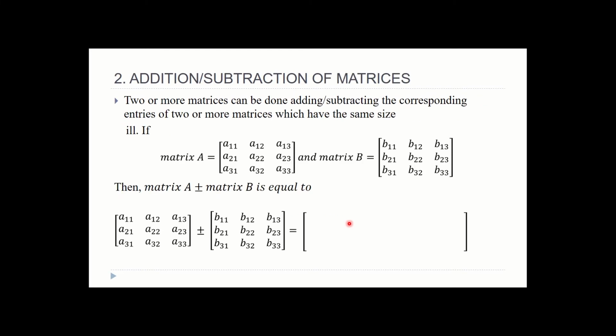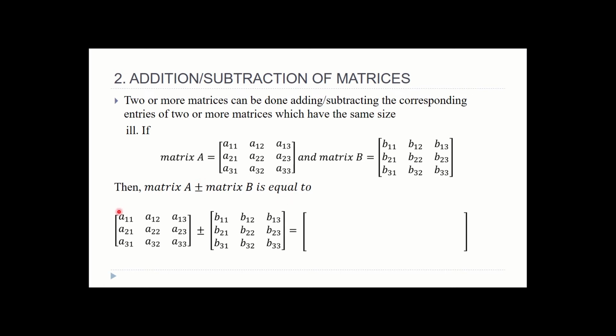Addition, subtraction of matrices. Addition and subtraction of two or more matrices can be done by adding or subtracting the corresponding entries of two or more matrices which have the same size. So given, illustrated, you have a 3 by 3 matrix, so therefore, we can operate the addition and subtraction of matrices. So matrix A plus or minus matrix B is equal to, then, the first element of your first row